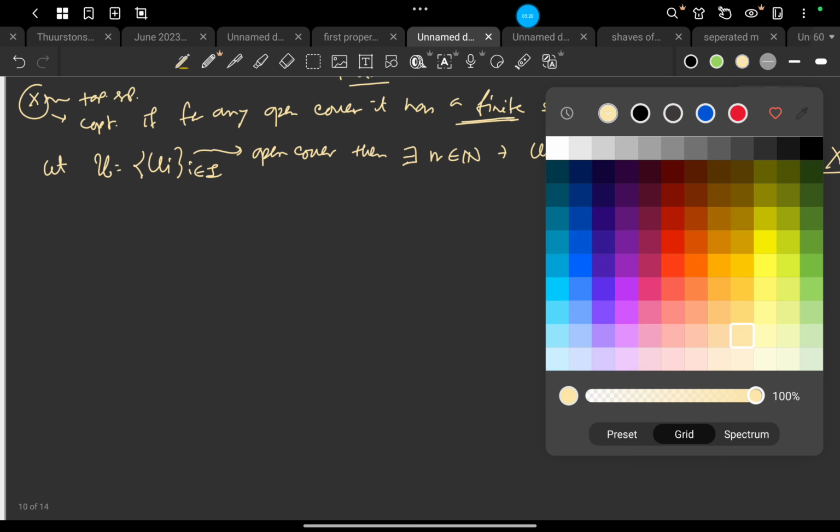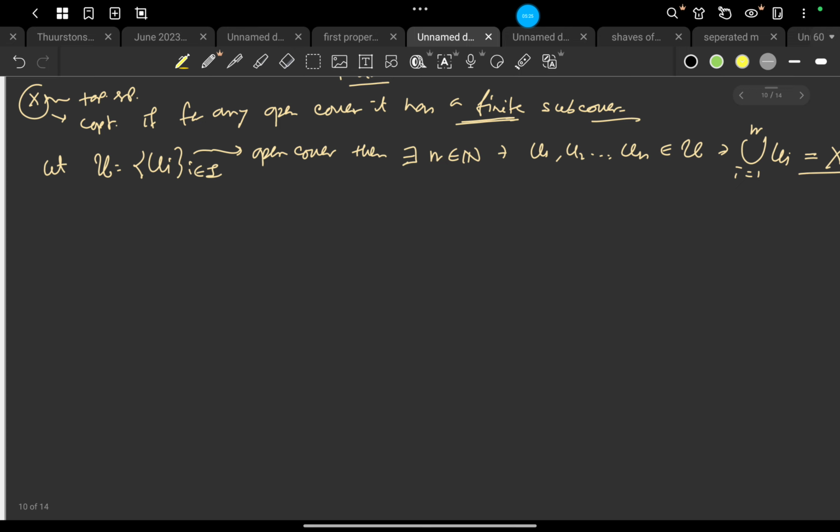Let us consider a very simple example. So suppose we have any finite set, most trivial, any finite set with discrete topology, say x1 up to xn.